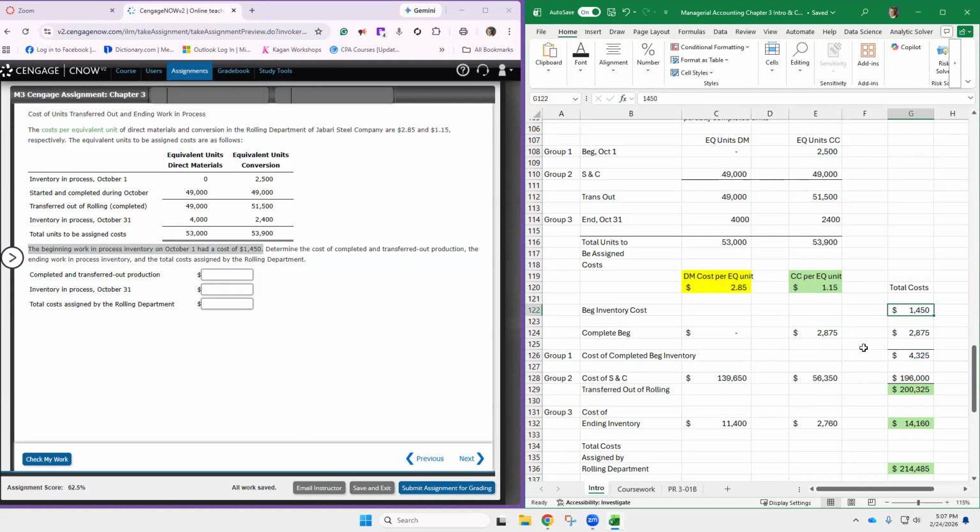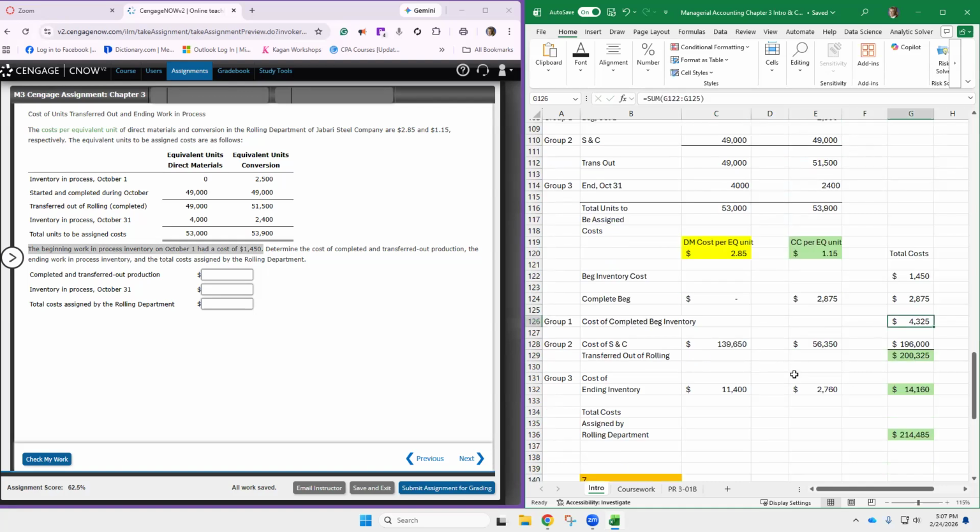Group 1 started with $1,450 and it needed to be finished as far as conversion costs are concerned. And we took 2,500 units in beginning inventory times the conversion cost per unit, which is $1.15. So you have to add these two numbers together to get group 1. Okay, these costs here are going to be added, right? Because whatever's sitting there in the beginning is going to be transferred first. So here is how much it costs for those first